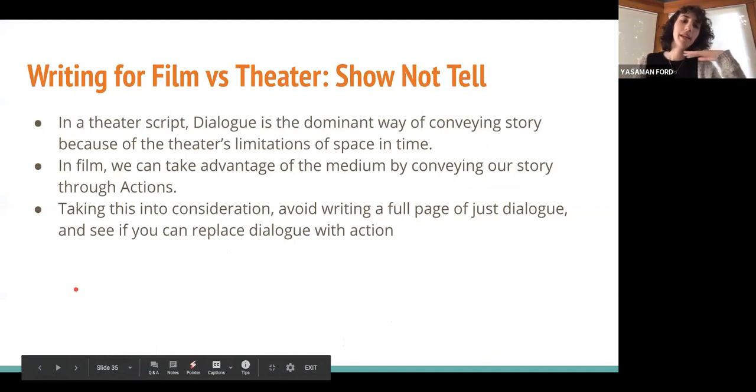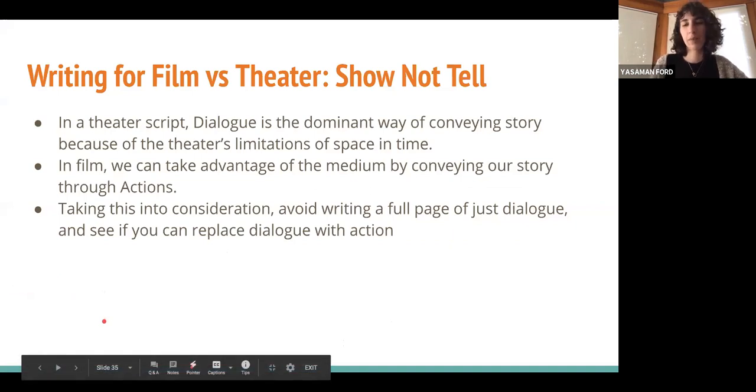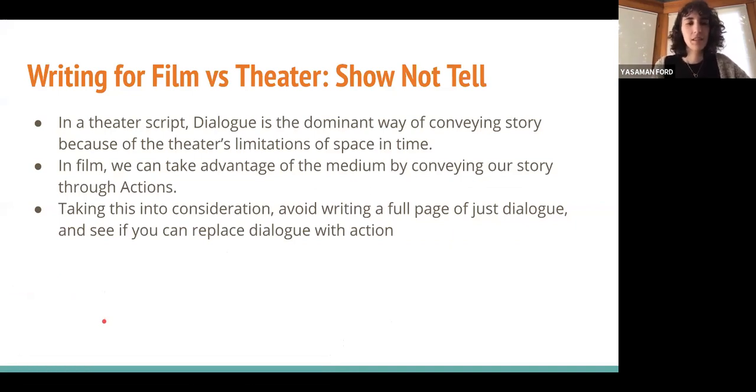Okay, so writing for film versus theater. I've never written for theater, but I took acting in high school, so I've read theater plays, and there's definitely a big difference. For theaters,